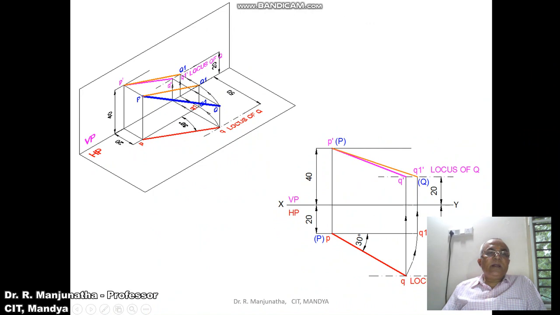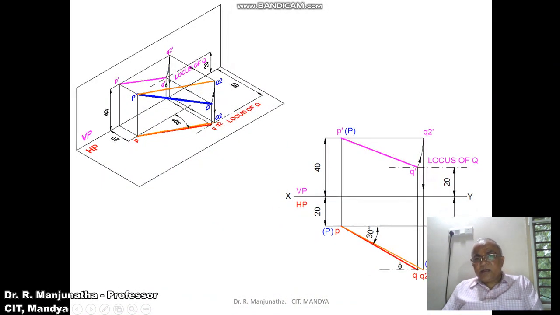Now, as we rotate that line in space and make it parallel, PQ1 is the line which is parallel to VP, so you are getting the true length. When you look from the top view, that is the image which you are rotating, the top view line, and making it parallel. That is what we have shown with P as center, PQ as the radius, you rotate it and make it parallel to VP. So when it is projected, you will get the front view here. So P dash Q1 dash is the line which will be in true length.